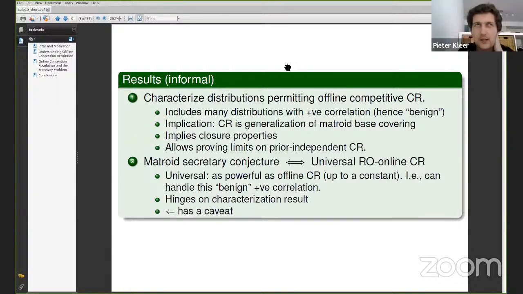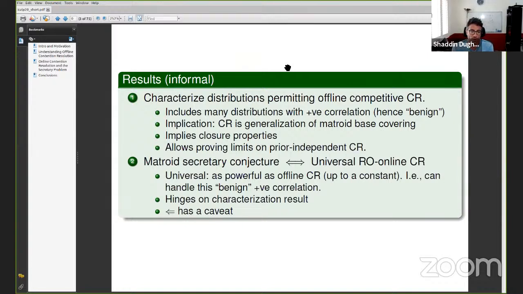No, so I vaguely recall you also mentioned profit inequalities in the talk. Yes. And there you also have an extension to polymatroid profit inequalities or something. So I was just wondering, in general, if this is also studied for those types of problems. So there are reductions from profit inequalities to contention resolution and vice versa. Those reductions go through linear programming.